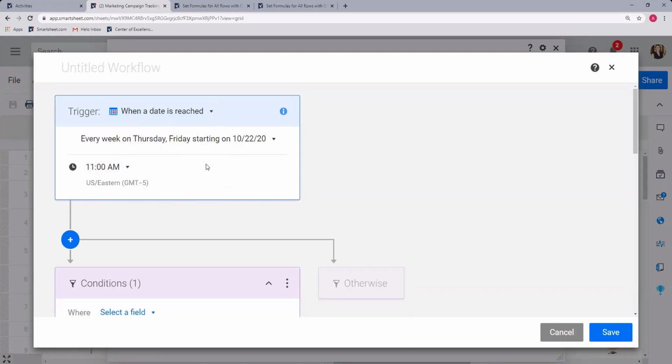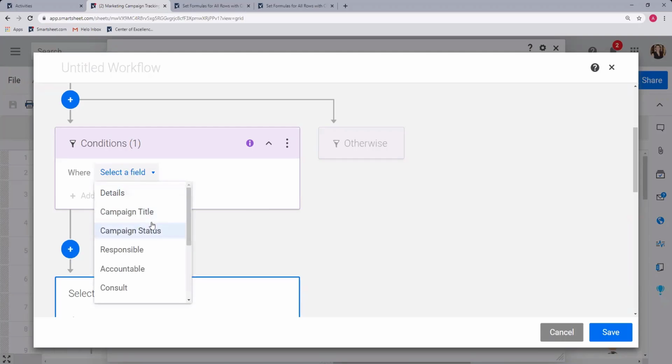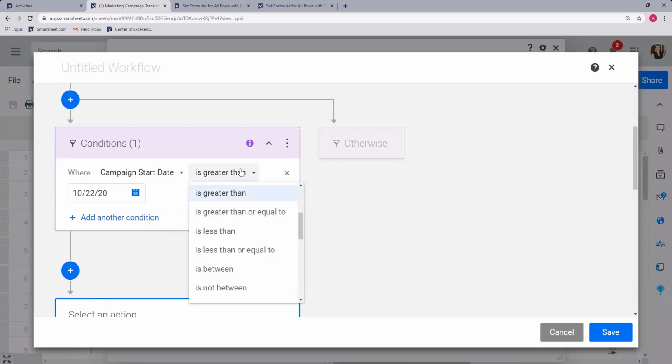So everyone with me on the same page building that trigger? Yeah. Yes. Excellent. We're going to build the first condition block together. I'm going to scroll down. Now our condition is going to sound very similar to what we put in that report. The condition is going to be if the campaign start date, I'm going to go find campaign start date, is in the past,